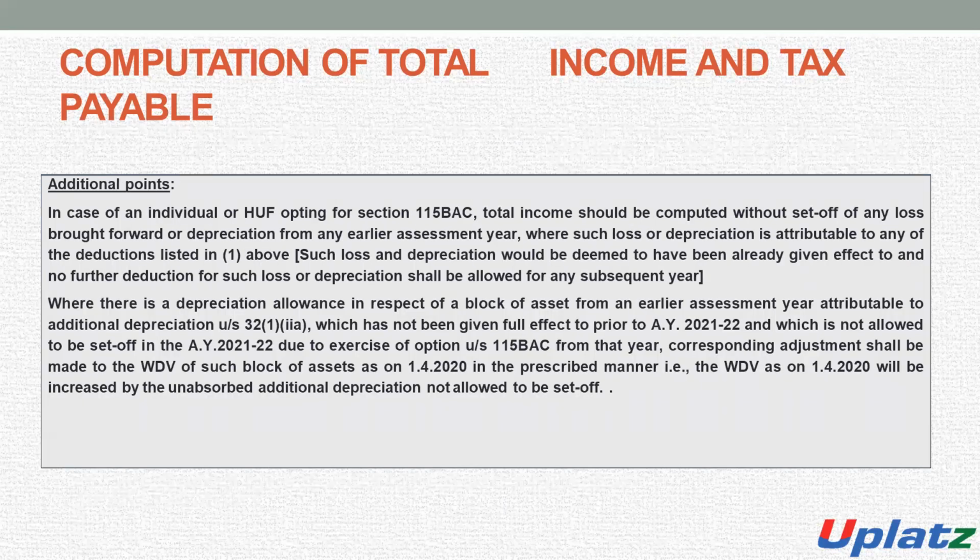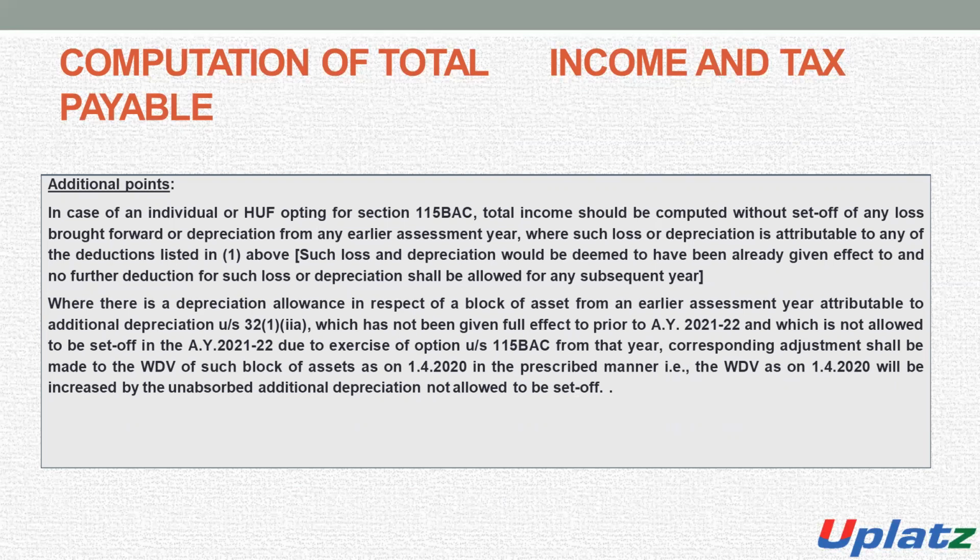Additional point: in the case of any individual or any HUF who opts for section 115BAC, total income should be computed without set off of any losses, without set off of any loss brought forward or depreciation from any earlier assessment. Means when we calculate the tax of such income, and when we apply section 115BAC, the concessional rate of income tax, then the income will be computed